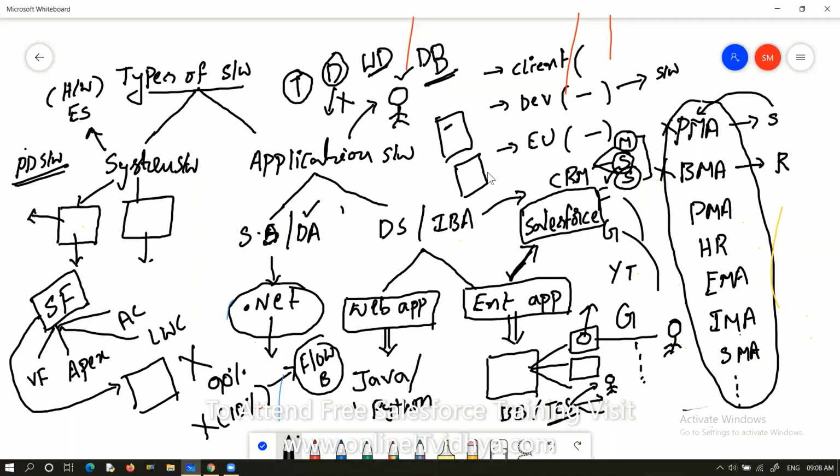But what is Salesforce? What is cloud computing? What is CRM? And how is the future of Salesforce? I am going to discuss all these points in the next session. Today we are spending time on the very basic introduction part: what is software, types of software companies, different departments in software companies, different types of software, all this.